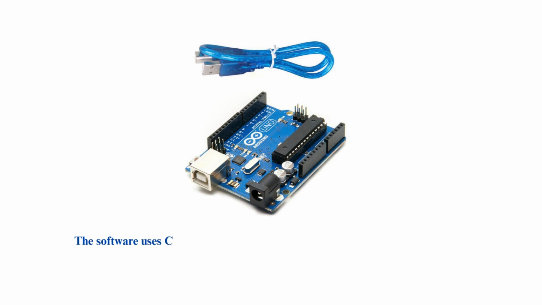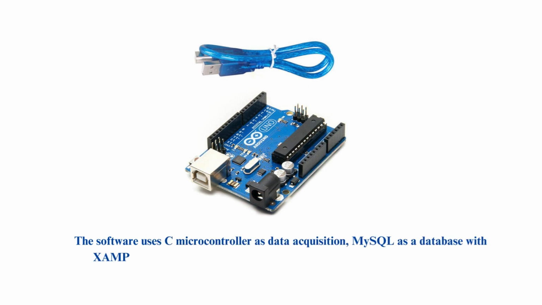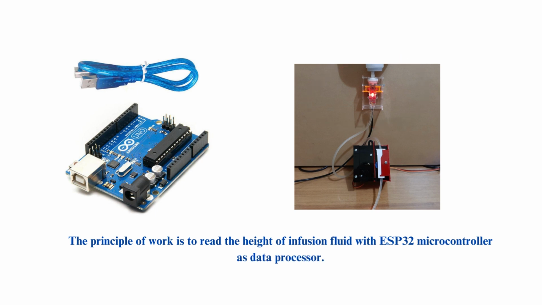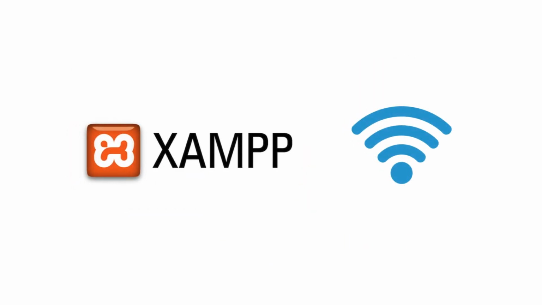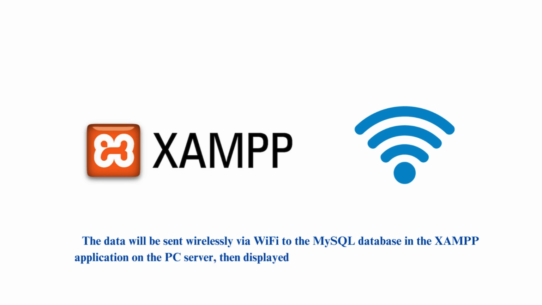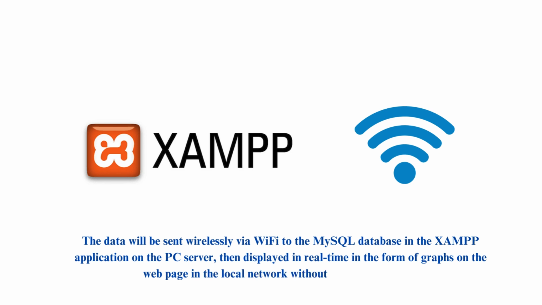The software uses C microcontroller as data acquisition, MySQL as a database with XAMPP applications, and Visual Code as the monitoring result display menu. The principle of work is to read the height of infusion fluid with ESP32 microcontroller as data processor. The data will be sent wirelessly via Wi-Fi to the MySQL database in the XAMPP application on the PC server, then displayed in real time in the form of graphs on the web page in the local network